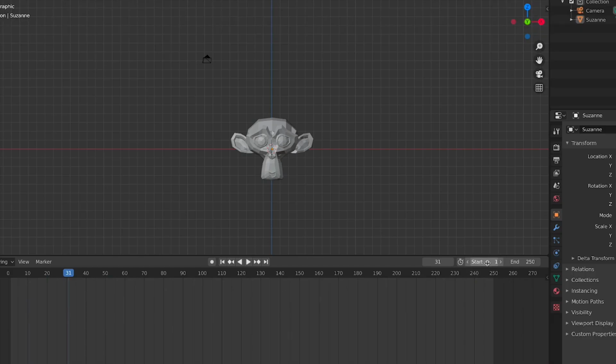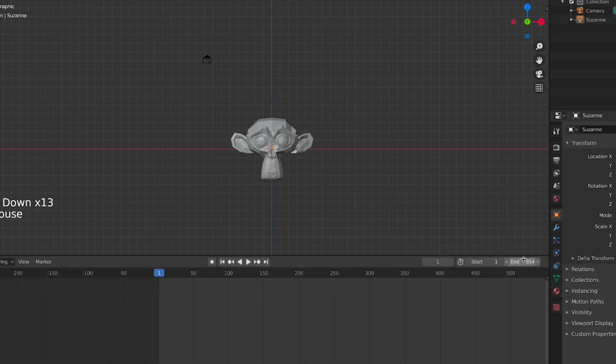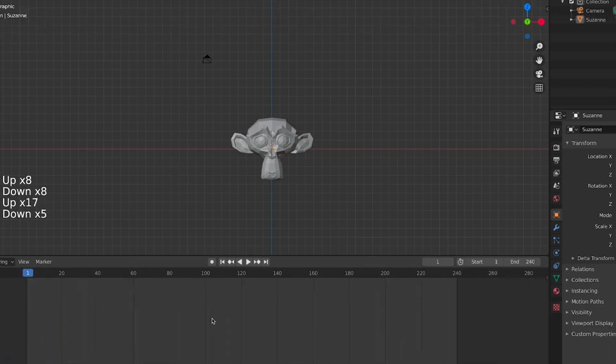As I already mentioned, here we have the starting point of our animation, which is number 1. So our animation is going to begin from frame number 1 and it will end on the 250th frame. Also you can go and change that number. Here you can see that we can increase and decrease the number of frames, and for example let's write down 240. Also if you want to zoom in and zoom out, you will need to scroll up and down with your mouse wheel, and if you go way too big and you want to move, you can